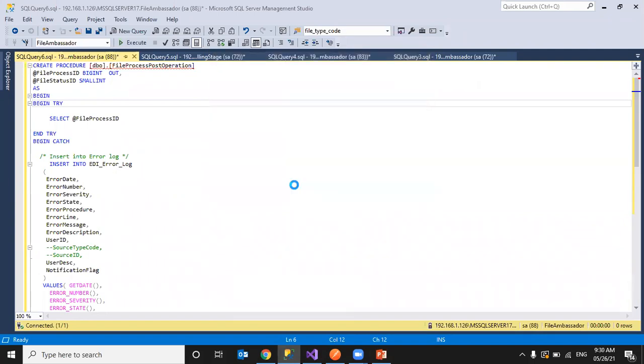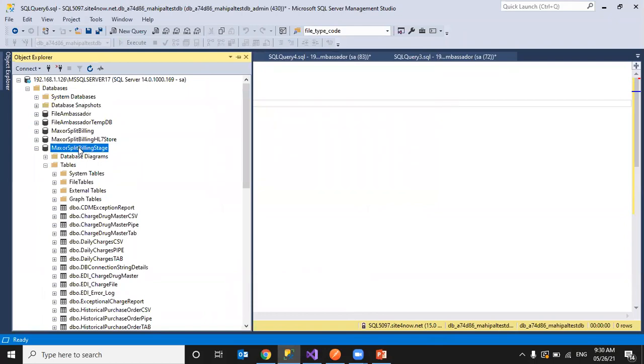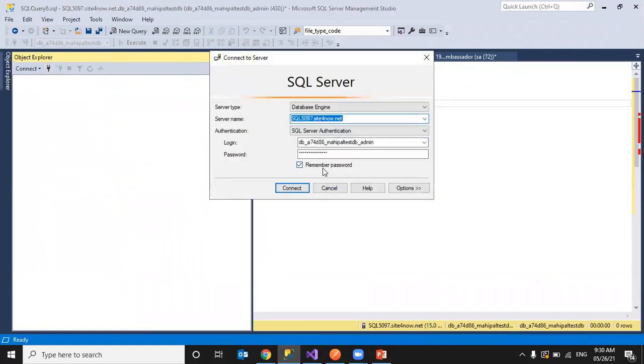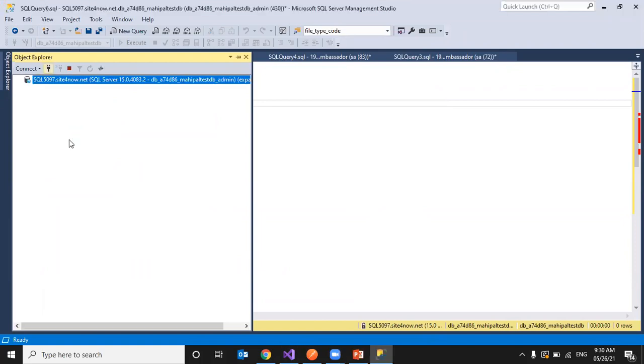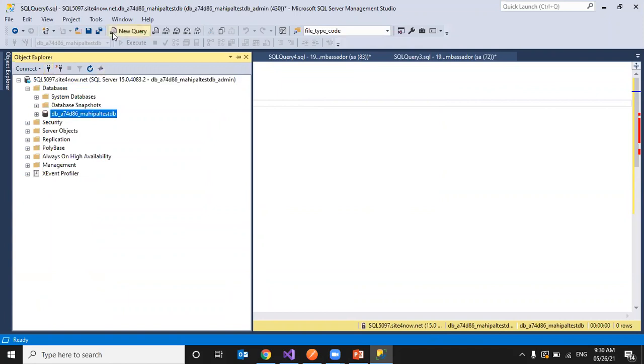So this is our database. Let me connect to our database. Any doubts till now? Now in the databases section, I can see my database name.